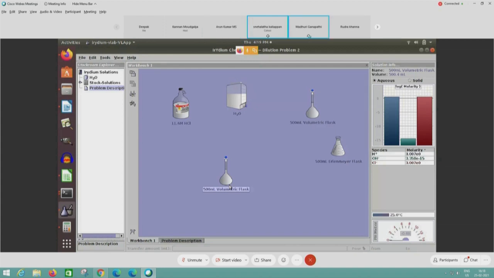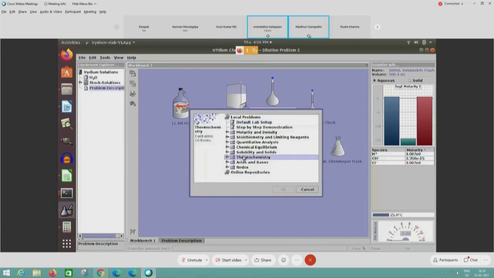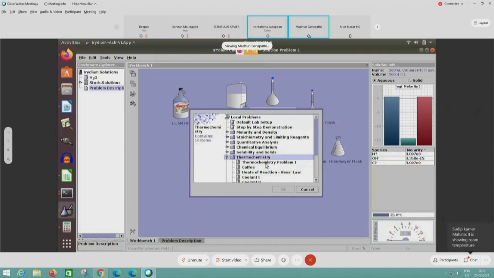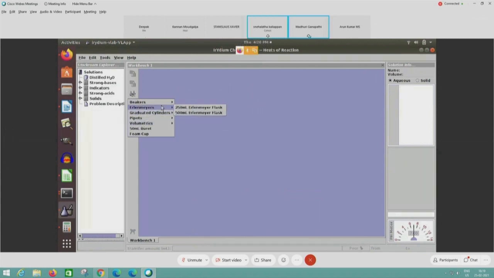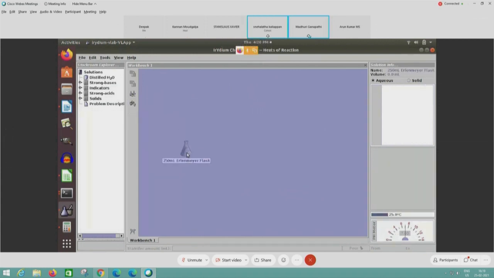Only in thermochemistry, show the thermochemistry homework, there it will be there. If we go for sulfuric acid, it may be sensitive. No, for this particular one, let me go to the thermochemistry problem. There the heater is sensitive. In the Hess law problem, it is sensitive. Even when I was trying neutralization, this temperature sensitivity was there.